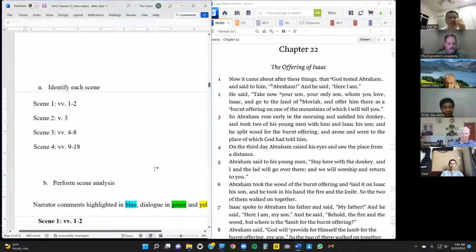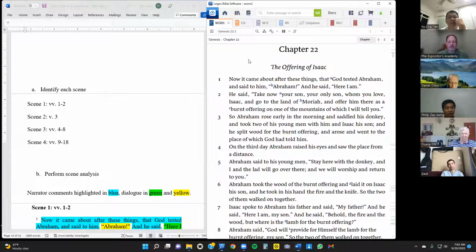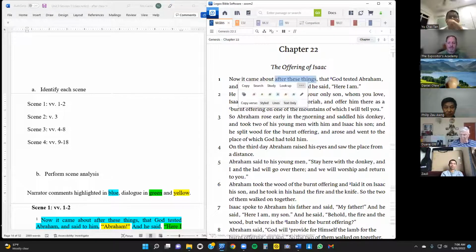So scene 1, right, was in Beersheba, and this is where it just says after these things, right? So it's sometime after the events of chapter 21, which is when Isaac was born, and some years have passed because now he can speak. So he's either a boy or perhaps a teenager, young man, and Isaac is. And so after these things, again, sometime after that, then we noticed in verse 3 is the next scene